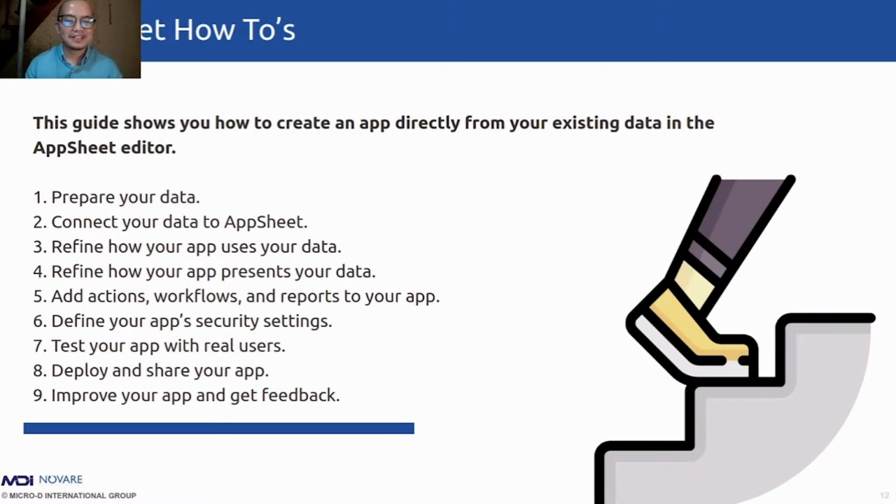And then lastly, yung improve your app and get feedback. So, syempre, si AppSheet has this built-in feedback feature, okay, which I will be showing to you mamaya, okay? Alright, so